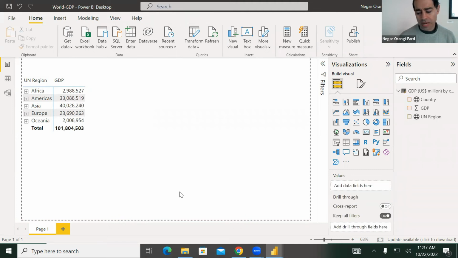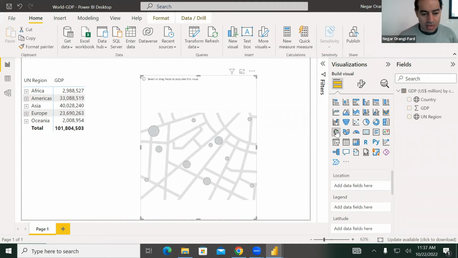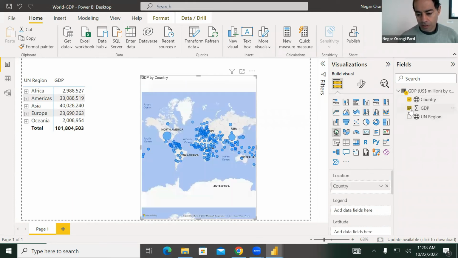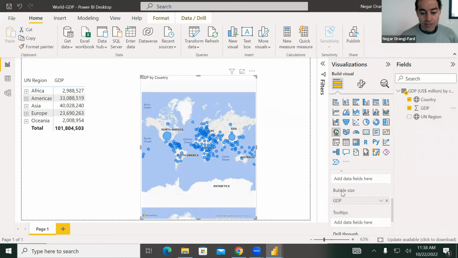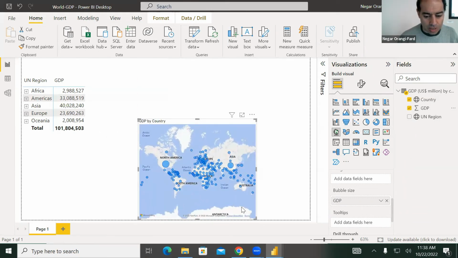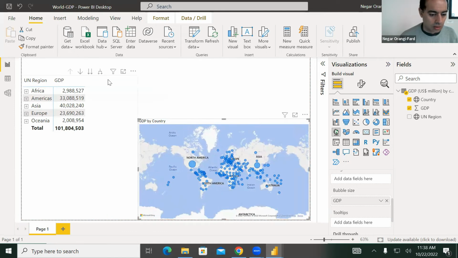Yes. And now we can add a map, right? So let me just grab a map. And then we can check on country, right? And also GDP are gonna be the values, right? The bubble size is gonna be given by the GDP, all right? And I'm gonna place it probably here at the bottom. Okay, and